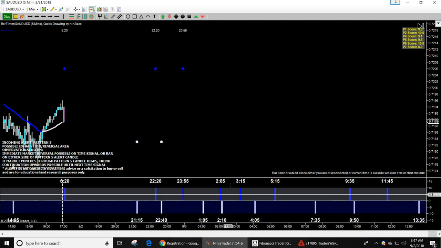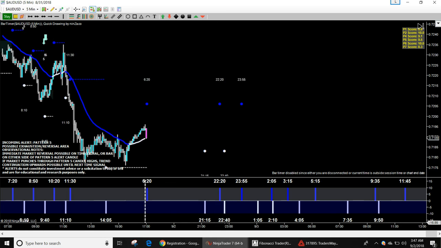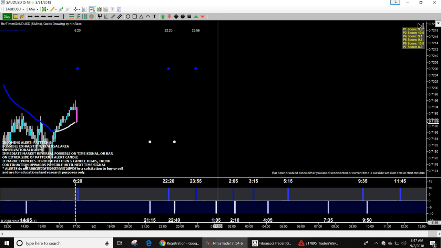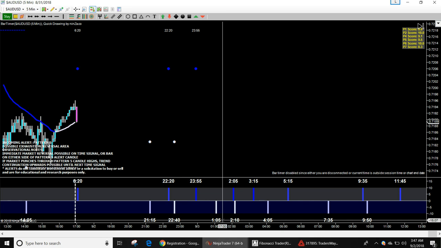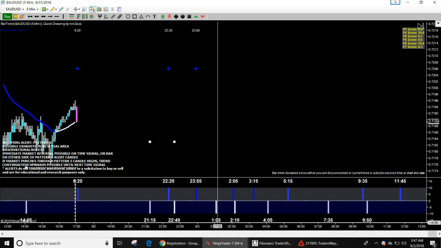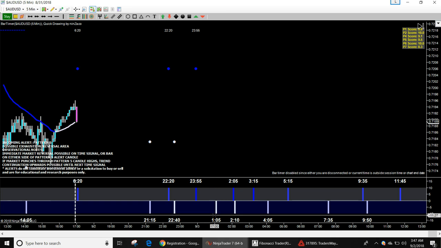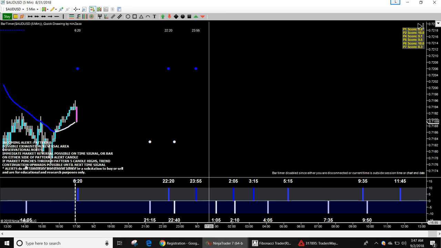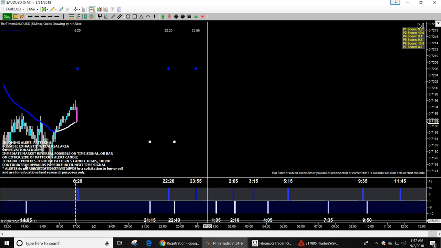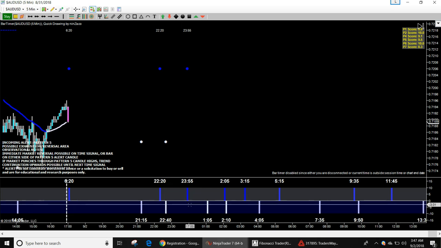So serious downtrend, traders. After it hit that resistance up there around 73.60 something, right in that area, yeah, it was definitely big time short. Dropped almost a couple hundred pips. Still didn't hit the extension, which I'll show you on the trend circle early. All right, and here's the time signals for